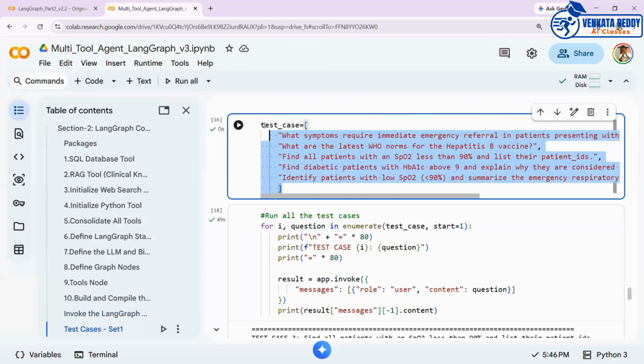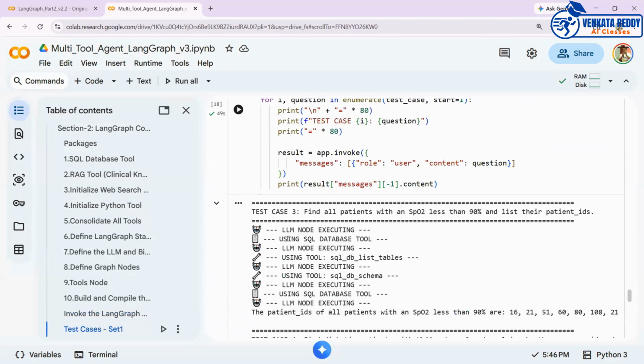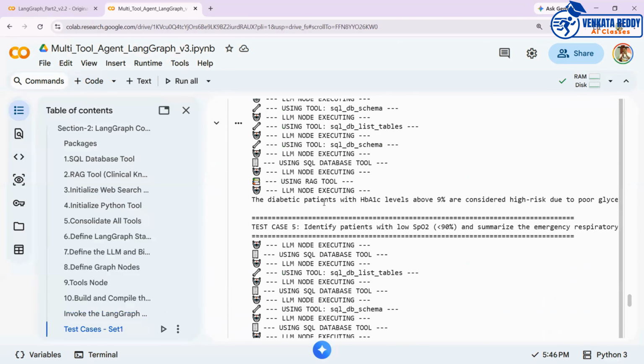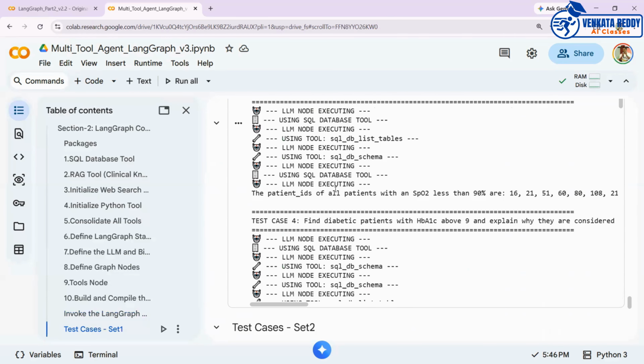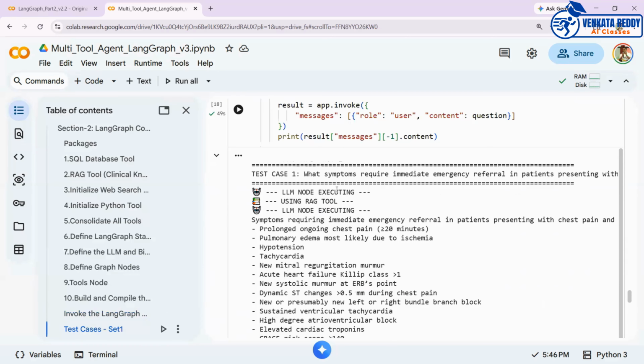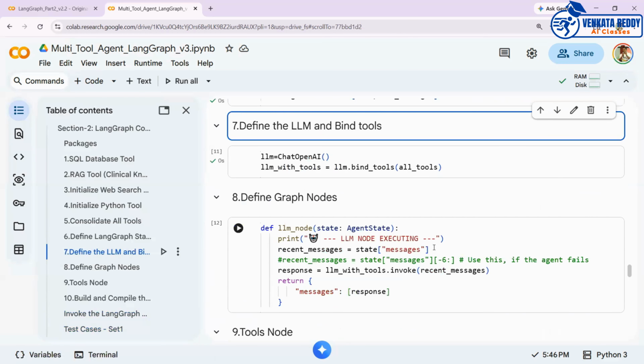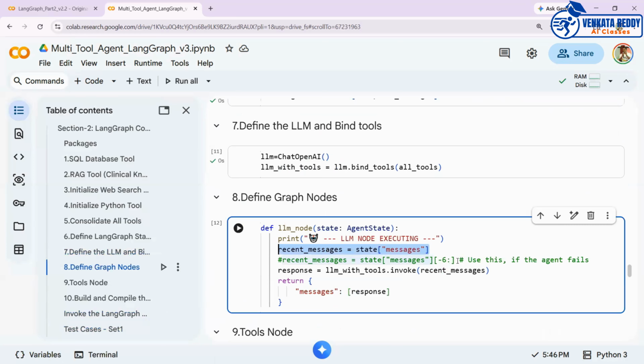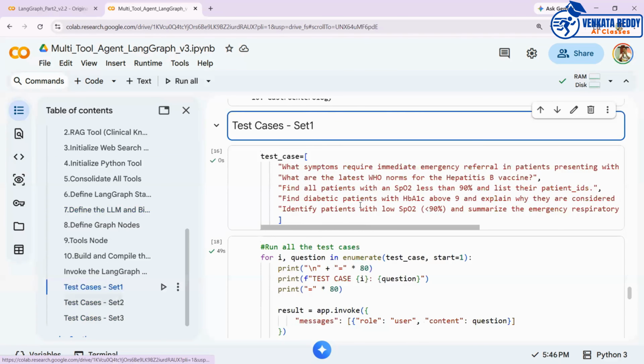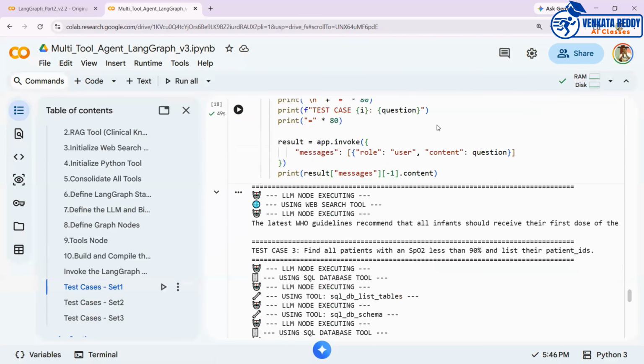You can also go ahead and test cases like test case set 1. All of them are giving the result. I'm not saying that you will get perfect results every time. You may still get the error. If you're getting the error, I have told you one of the solutions. You can go to the LLM node. In the LLM node, instead of taking all the messages, you can take the recent 5, 10, or 20 messages. Otherwise, even without that, if you execute a couple of times,